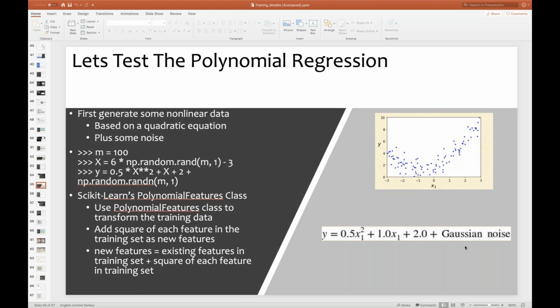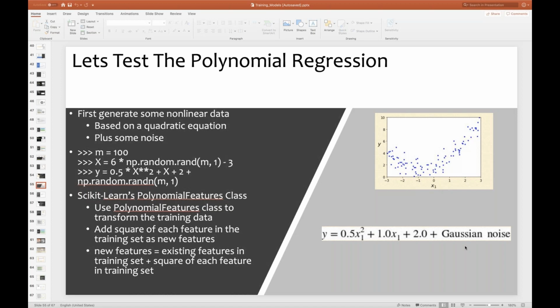First, we are going to deal with nonlinear data and fit a linear model to the nonlinear data. We are going to add more powers to the existing features, treat them as new features, and fit a linear model on top of that data. Now, to do that, what should I know? I first need to generate some nonlinear data. How can I do that? Based on the quadratic equation,